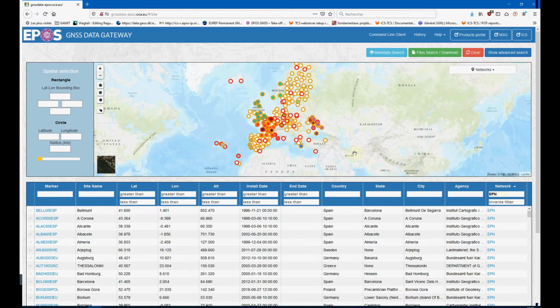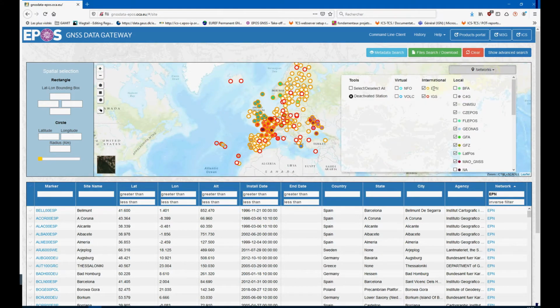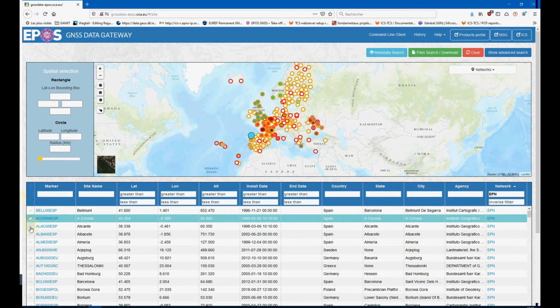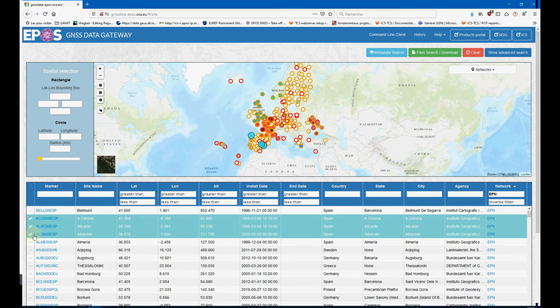So all the columns can be used to filter or sort, but you can also select rows. For example, I will select 3 rows here. And you see that the circle associated to this station in the map zone will be highlighted.